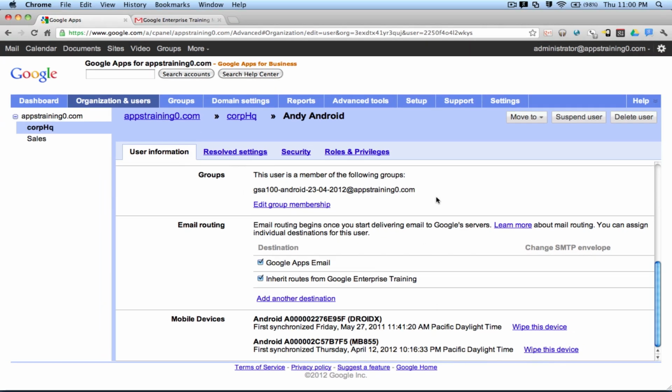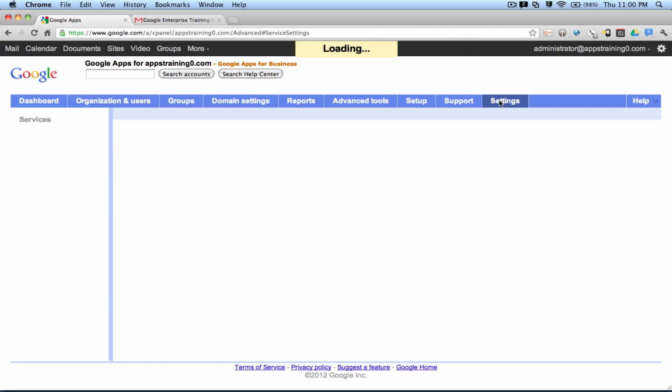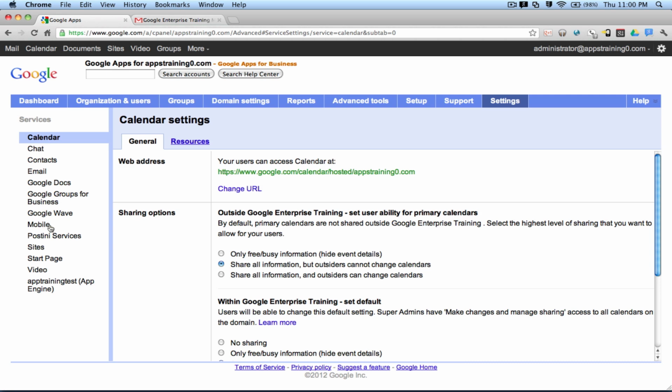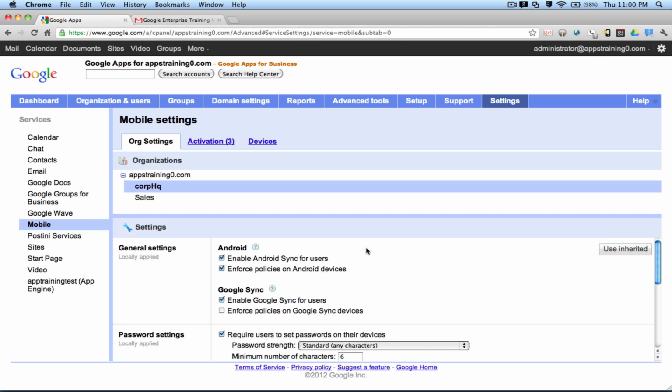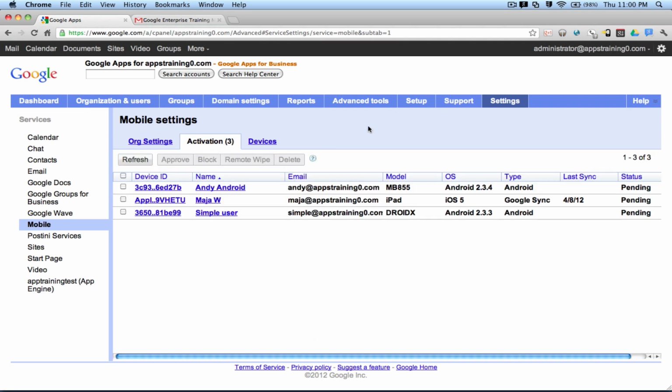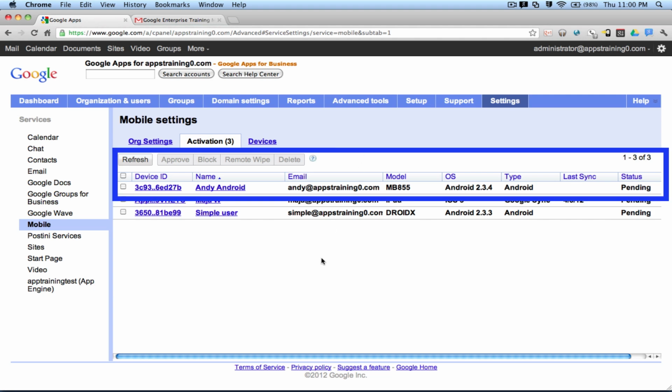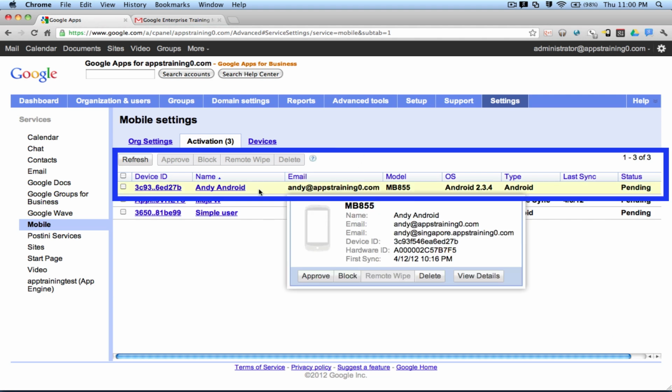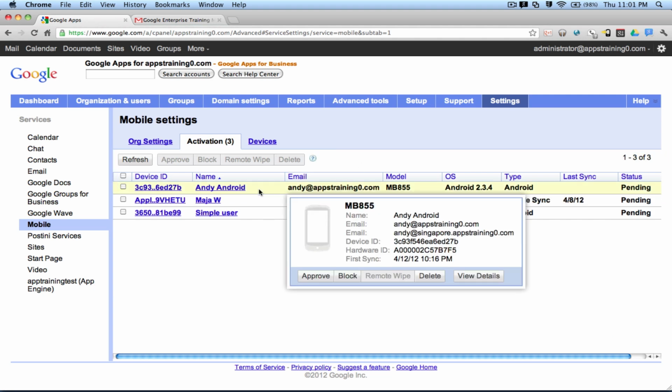And now I'm going to go to Settings, Mobile. And what do I notice here? At the top now I see activations as 3. So I'm going to click on Activation 3, and I'm going to look for Andy's phone. And we see here Andy's phone right over here. We can see their email address, so they have an alias, and their device ID,